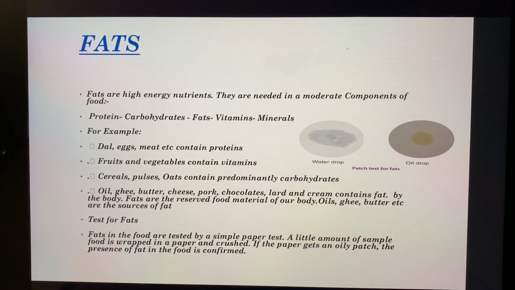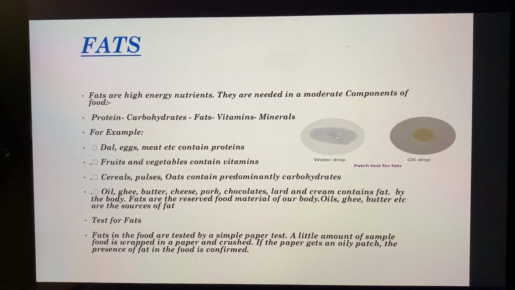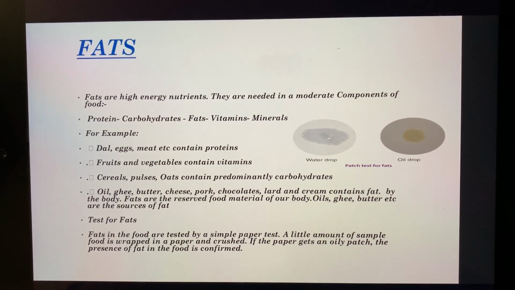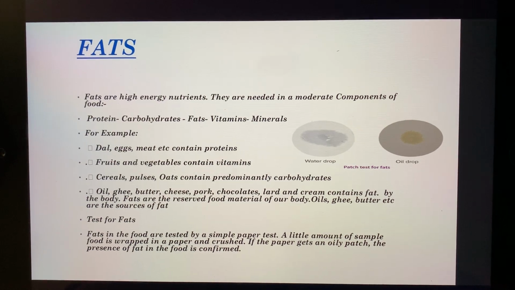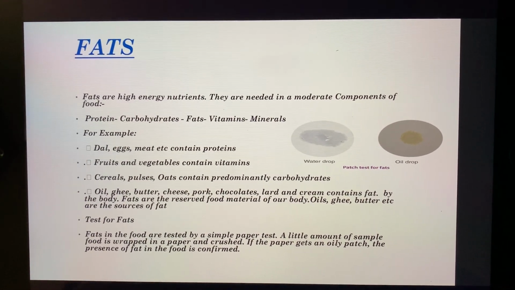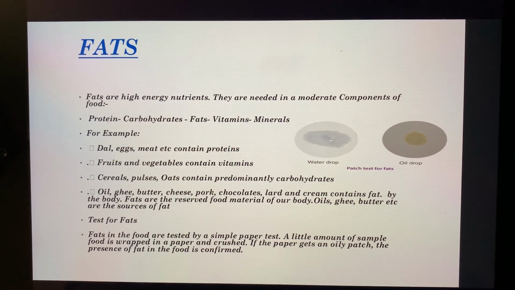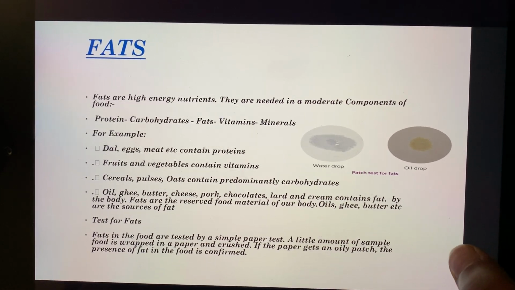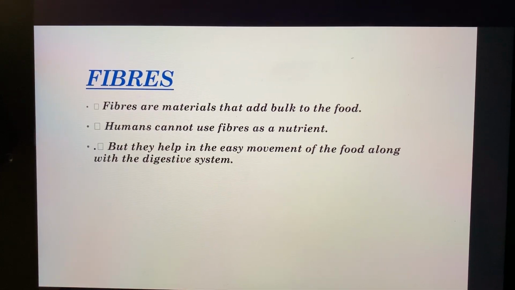Now if you want to test that a particular food has fat, what will you do? You will just take a simple paper, put the food sample on it, and if you get a translucent patch on the paper, then you can confirm that the food has fats. Now we have next in our list